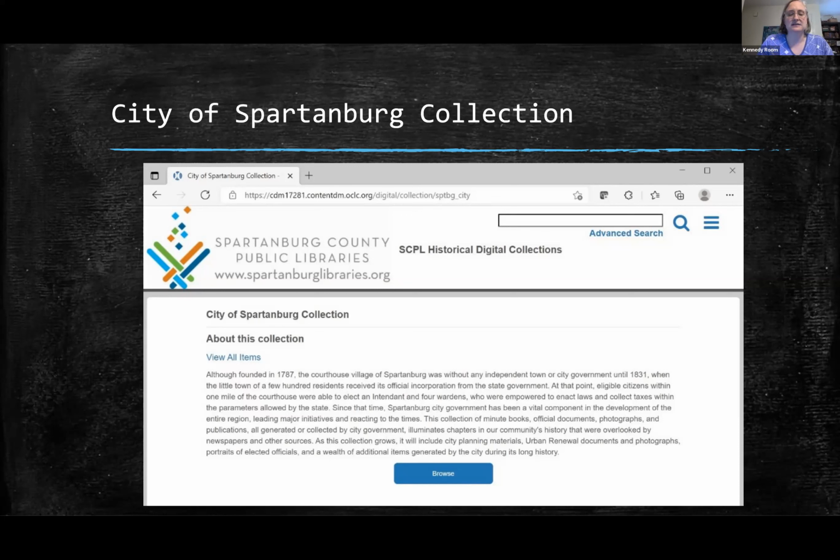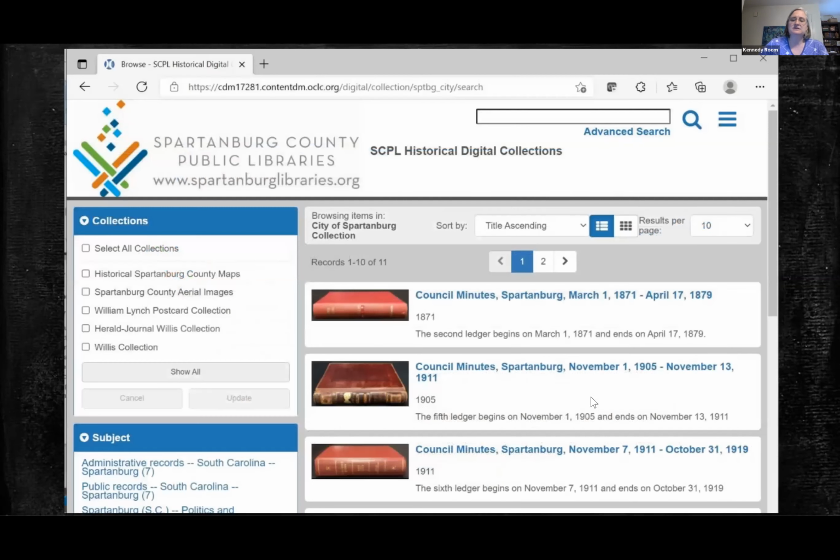And so in 1787, our courthouse was founded and built. And so we have a number of things in this collection, including minute books, official documents, photographs, and publications generated or collected by city government. And then you can either hit browse or you can hit view all items. And records 10 of 11 in the browse,